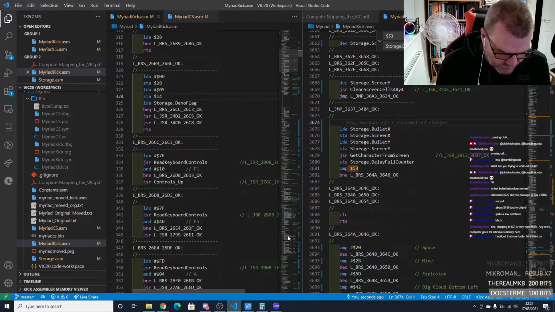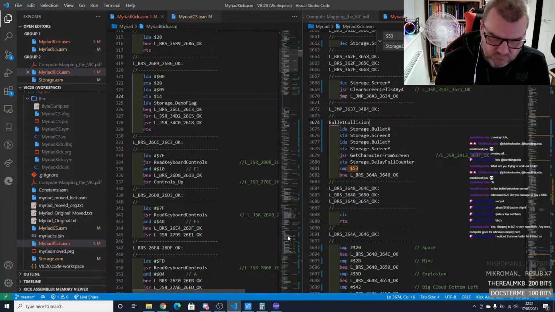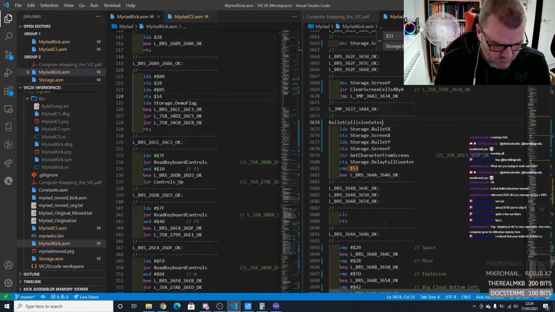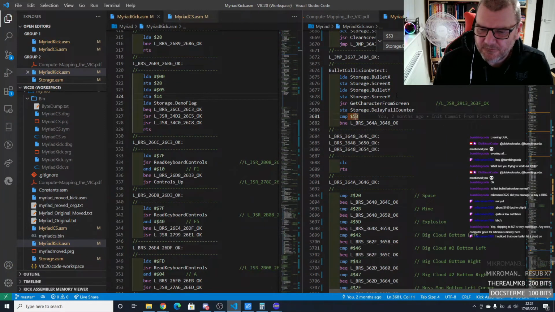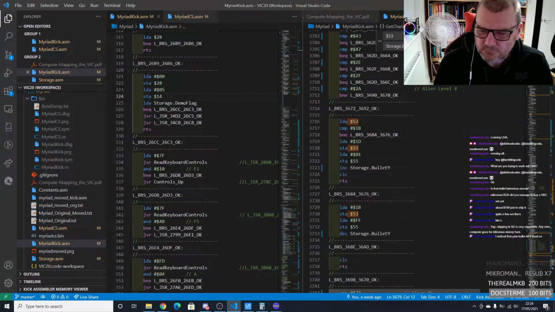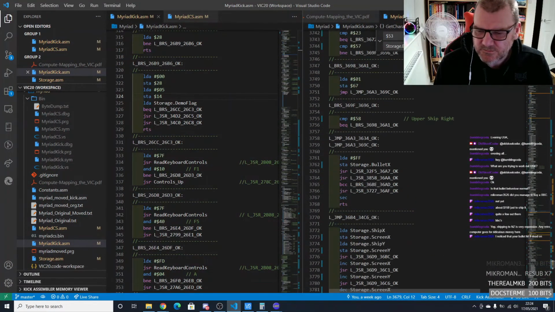What was this? Bullet collision. Right. In fact, that's probably a better word. Right, the reason why I've undone it is because I noticed